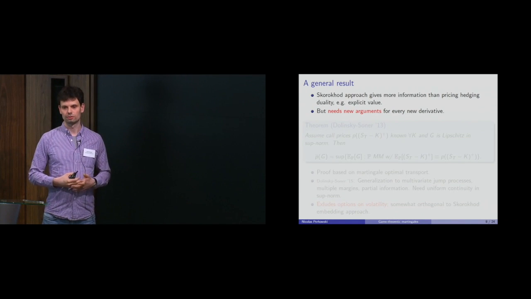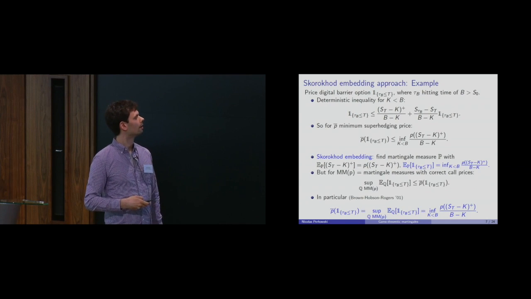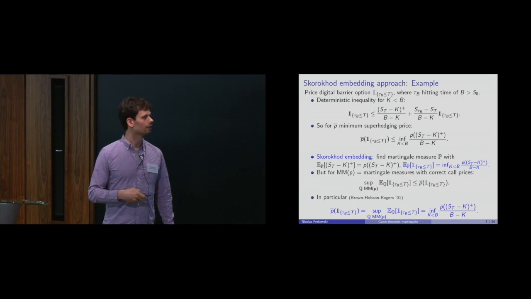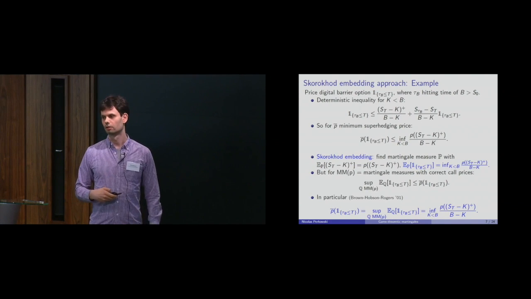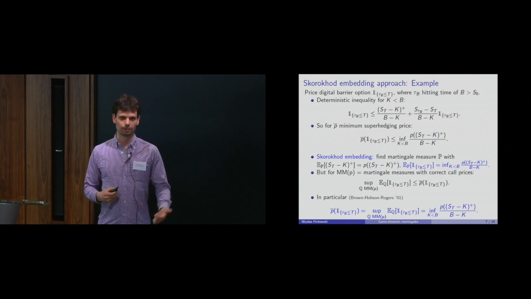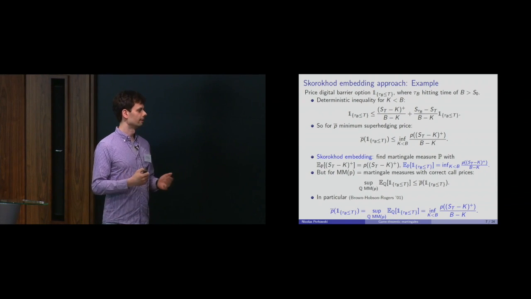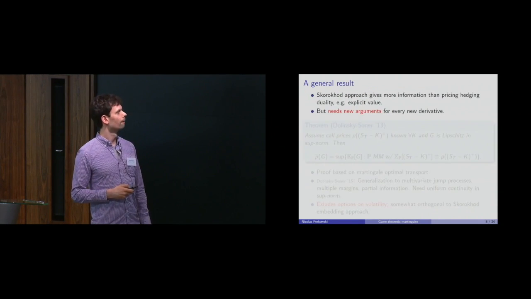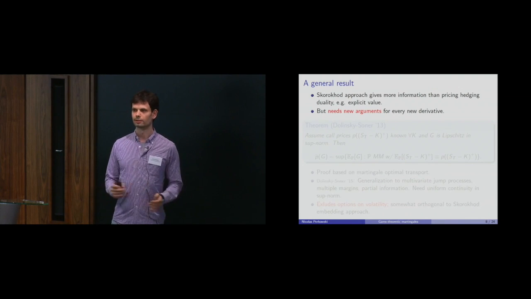One downside is, if you want to price a new derivative, you need to write a new paper. So for every single one, you need to do a new argument, because if we go back, the measure P that they find here will be tailored to this specific G here. And here they apply the Stochastic embedding. So if you have a different G, it will be a different measure. You need to somehow find a different solution to Stochastic embedding. And so you need new arguments. Okay, so it would be nice to have something systematic where you can get all G at once.